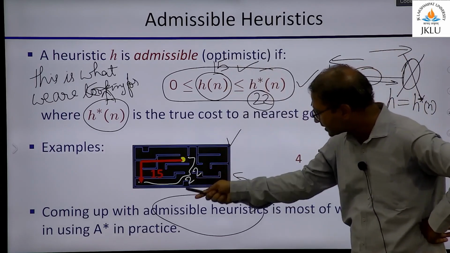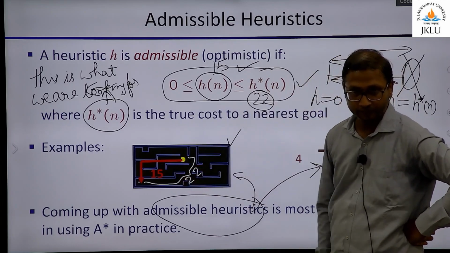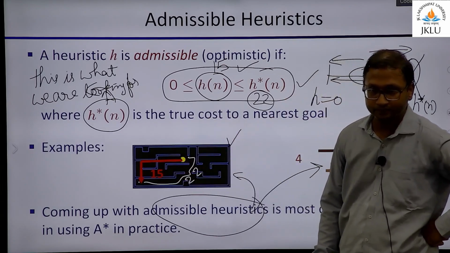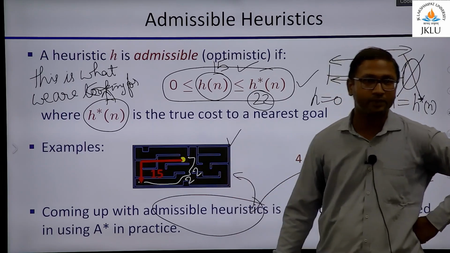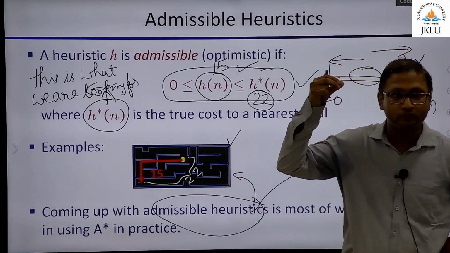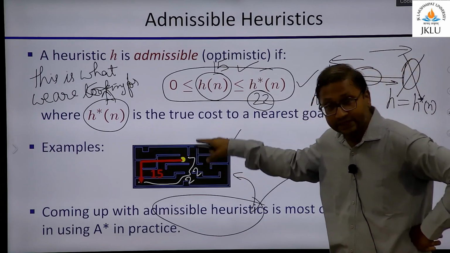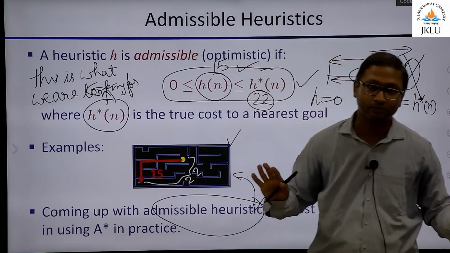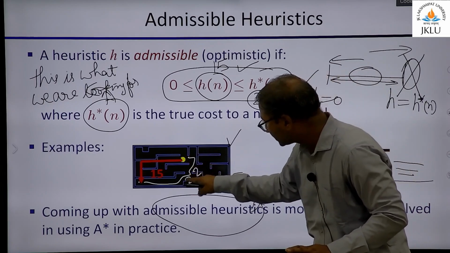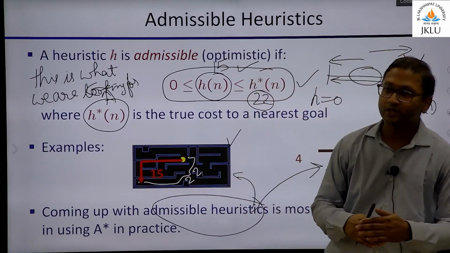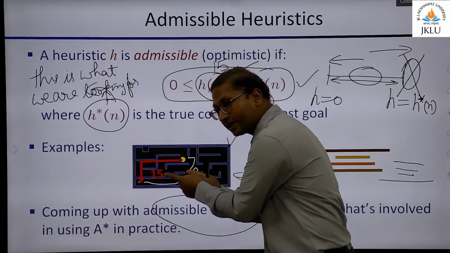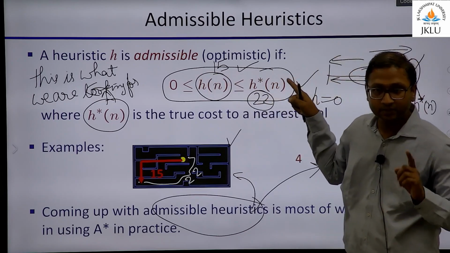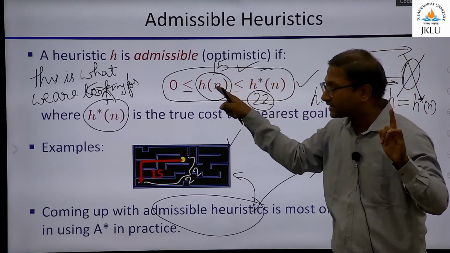Hn in this case is 15. H star is 22, let's say. What is 22? Can anybody help me understand? What is 22? Optimal cost in this example. Because in this example, can I take this 15 wala path? I can't. Right? So I must go like this and so on. So let's say instead of 15, in this given example, minimum is 22. So what is 22 out of these quantities? H star n, right? What is Hn?